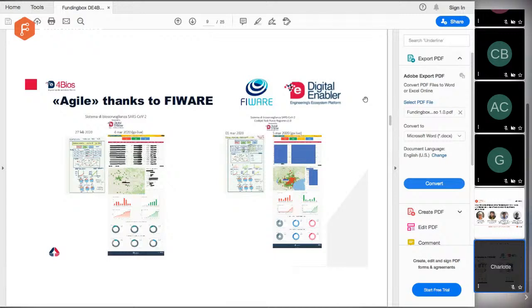And this is quite impressive because we did not start from scratch, of course. We started with a platform which is called Digital Enabler. We developed it in the last years for a number of different applications. But Digital Enabler is based on FIWARE. We are using about 10 generic enablers from FIWARE. And thanks to the agility, thanks to the data model, thanks to the open API, we have been able,